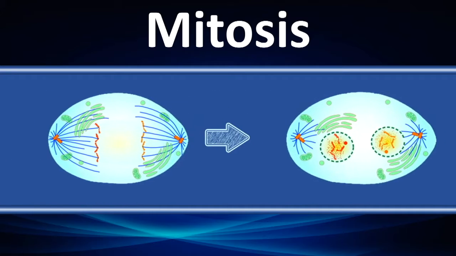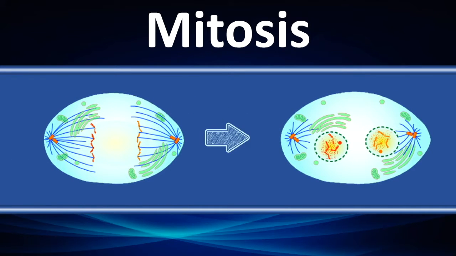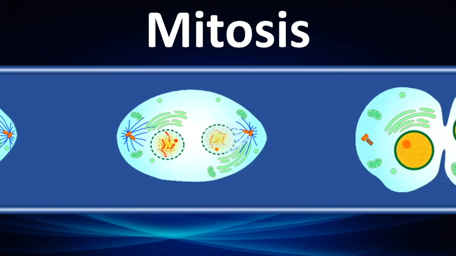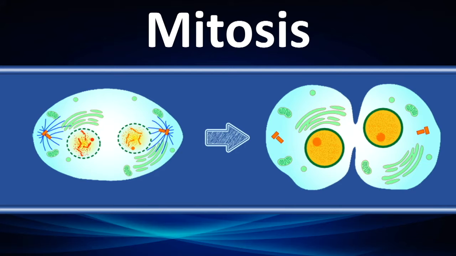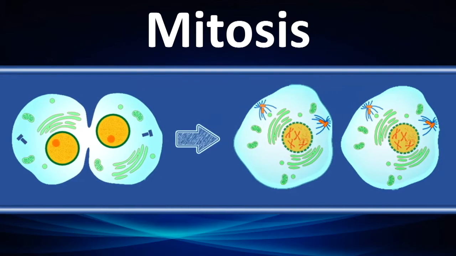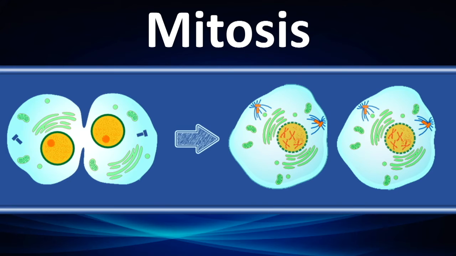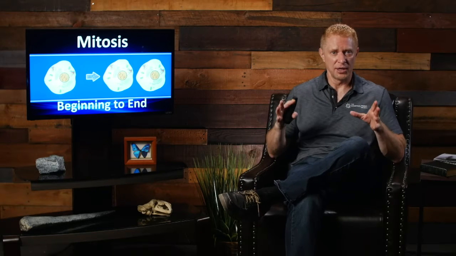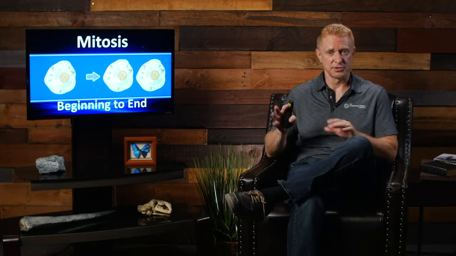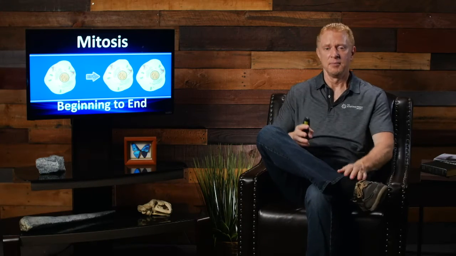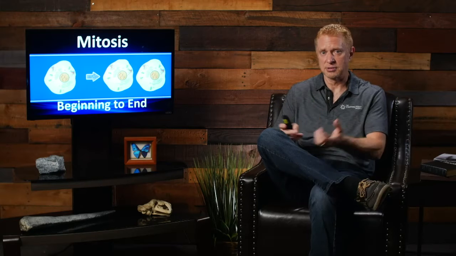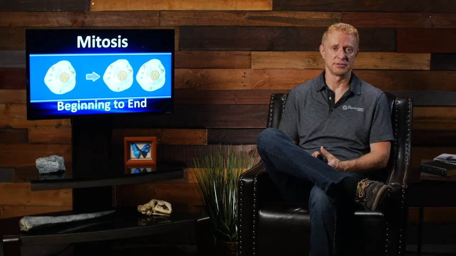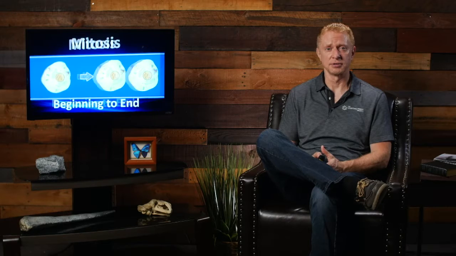And then when you've got them separated to the sides of the cell, you've got some new membranes forming around the two separate sets of DNA. And you have a process called cytokinesis that starts to divide that cell in two. So then you end up with two completely separate cells. And from beginning to end, we took that original cell and we made two basically identical copies. Now we know mutations go on. We're not covering that in this talk. I've talked about that a little bit in the past. But basically, it's a duplication of that cell. That's what mitosis does. That's how the process works.